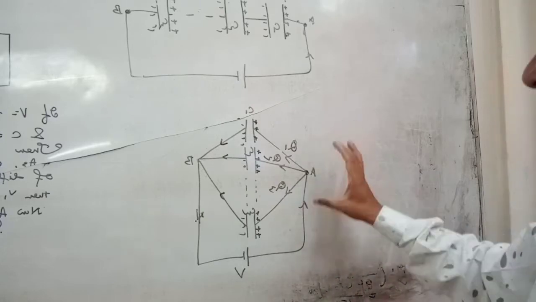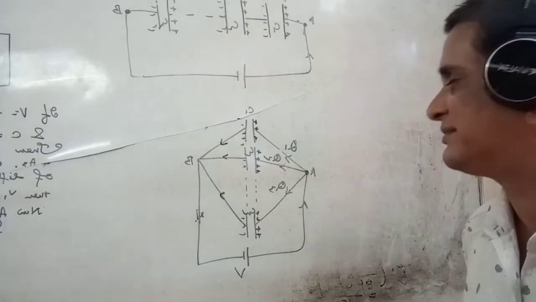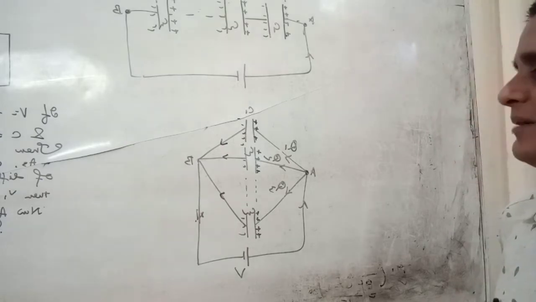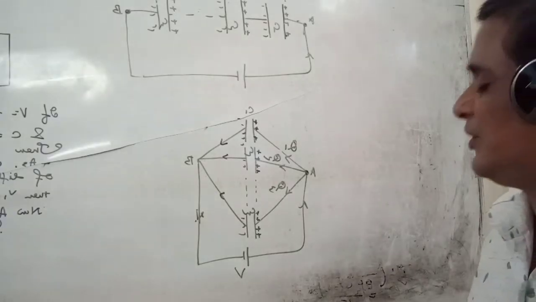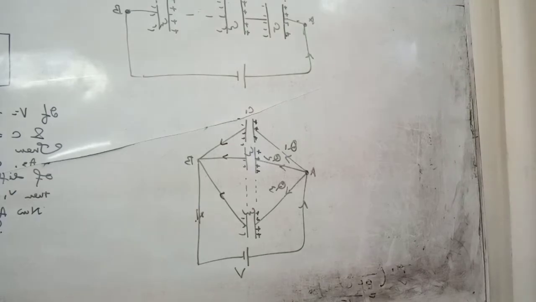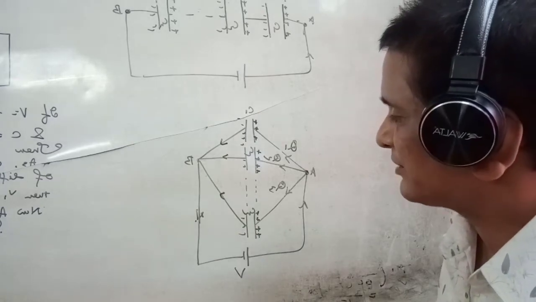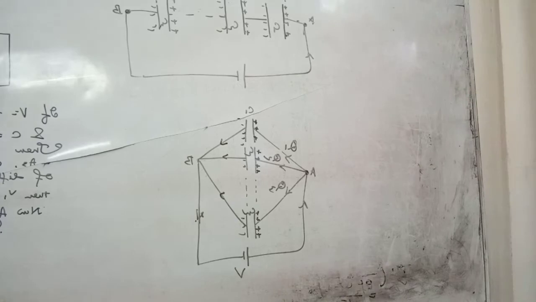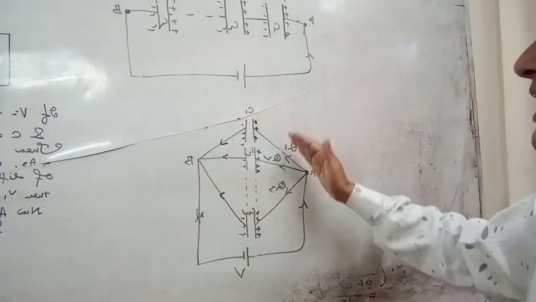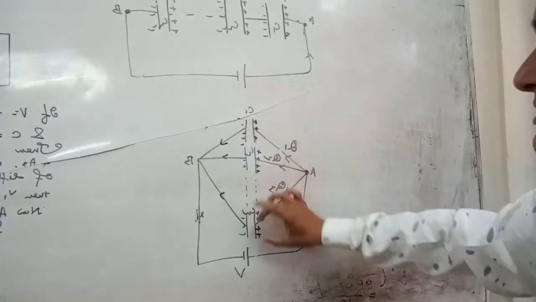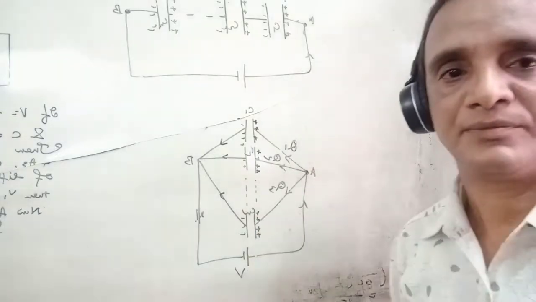Is it clear? So from there what we can say is, if the capacitors are connected in such a way that all the positive plates are connected to a common point, and all the negative plates are connected to a common point, and then finally the positive plates of all the capacitors are connected to the positive plate of a cell, and the negative plates at the common point are connected to the negative plate of the cell, then the potential remains the same, but the charge is distributed among all the capacitors, and you can say it is connected in parallel.